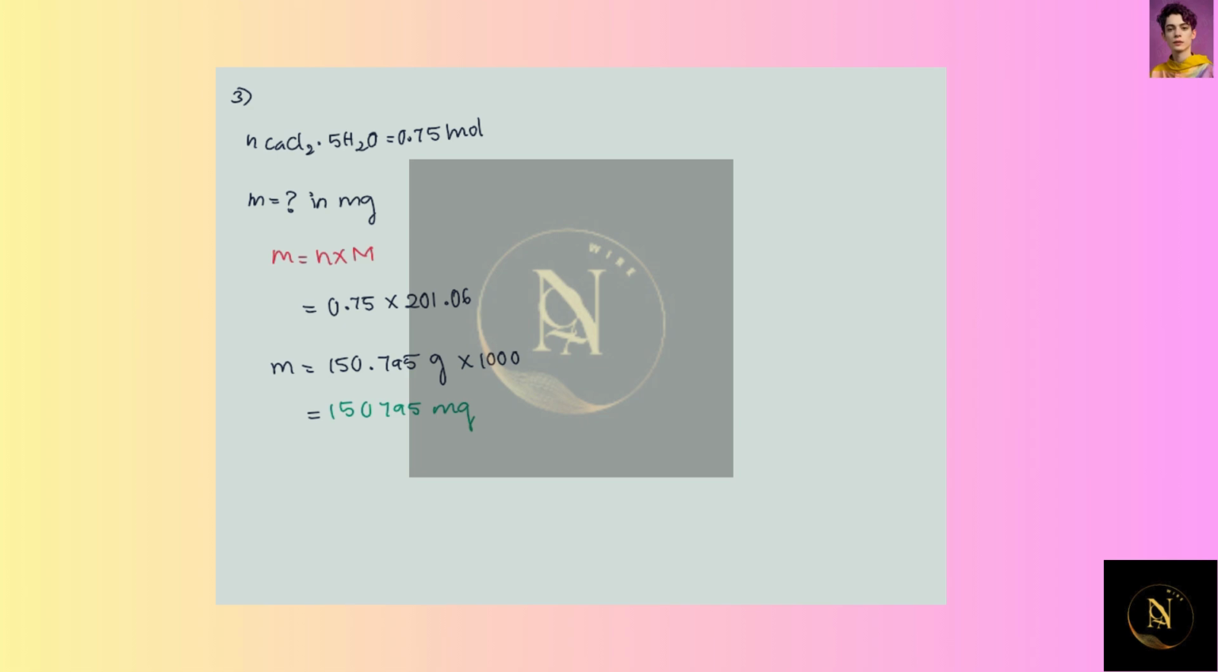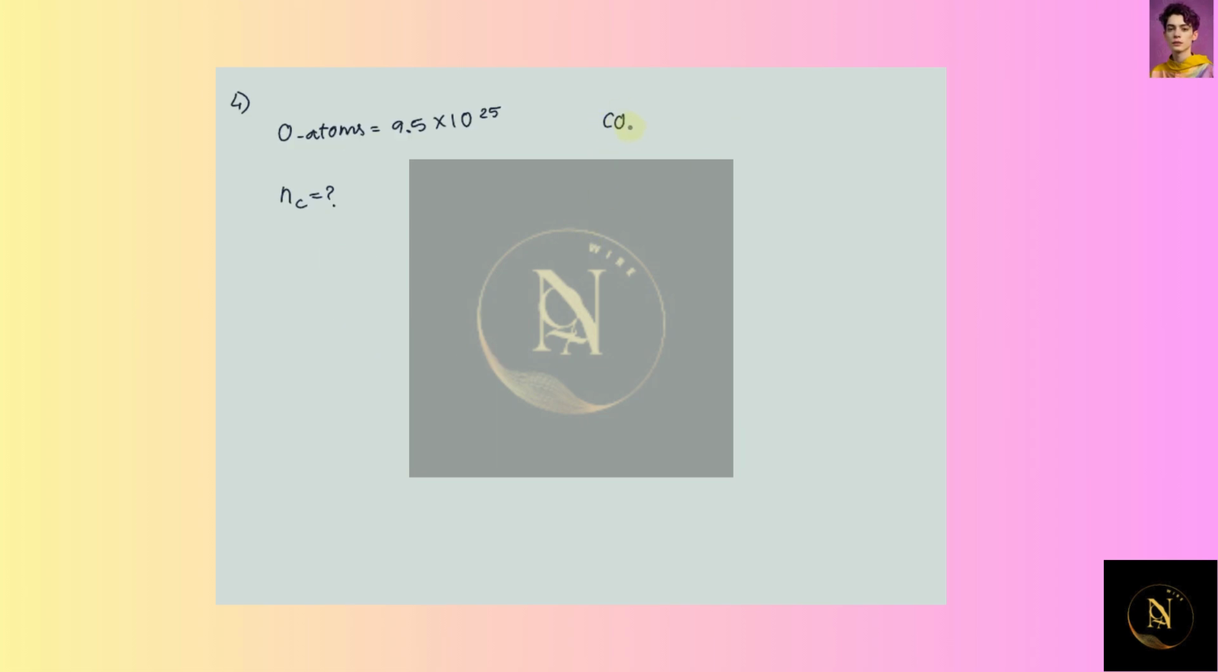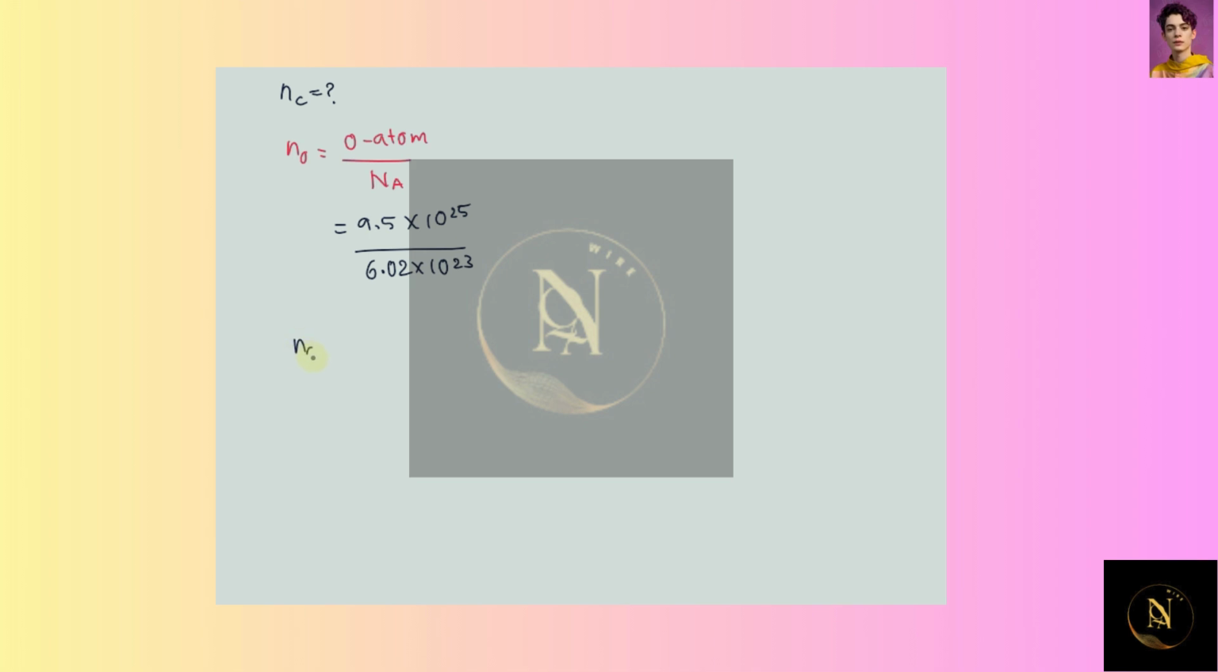Coming to the fourth part of the question, a tank is filled with the carbon dioxide molecule where the number of oxygen atoms has been given. We have to find out the number of moles of the carbon atom. For that, we have to find out the number of moles of oxygen atoms, which is given by the number of oxygen atoms divided by the Avogadro number. Substituting the values, that is 9.5 into 10 to the power 25 divided by 6.02 into 10 to the power 23. On solving this, we will get the number of moles of the oxygen will be equal to